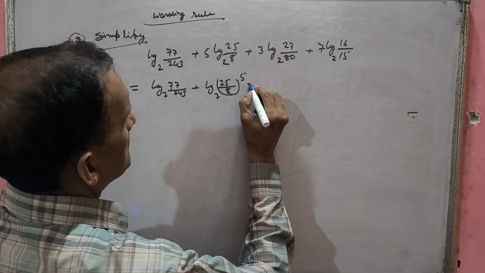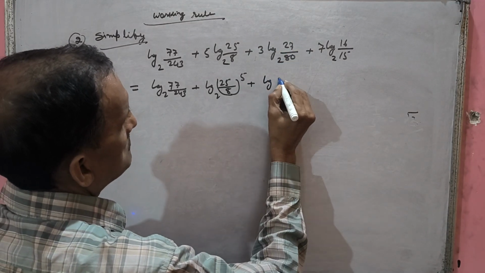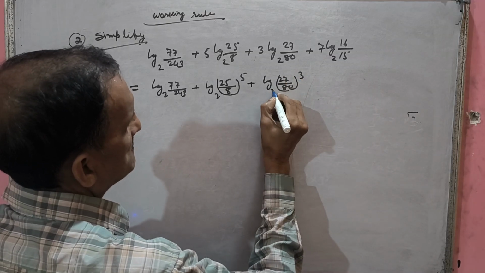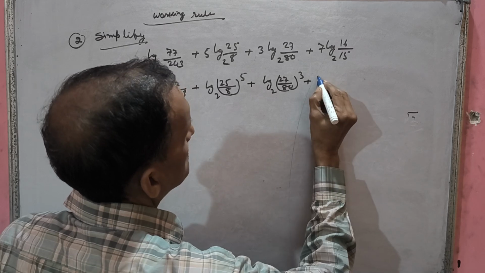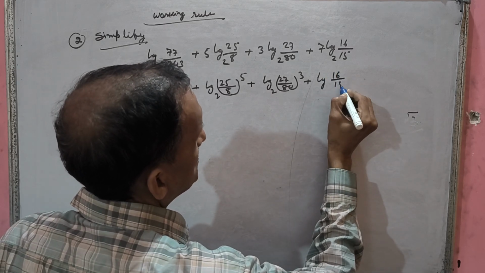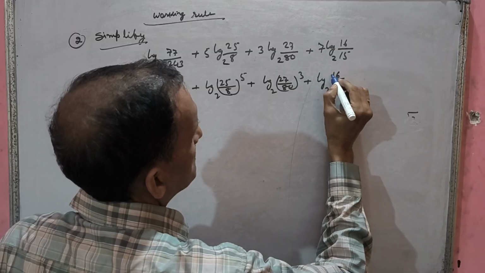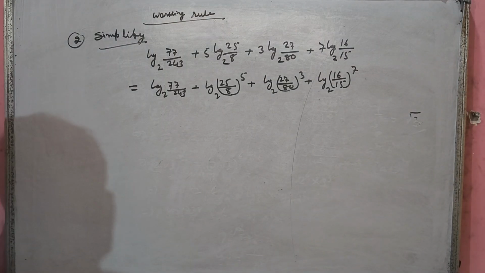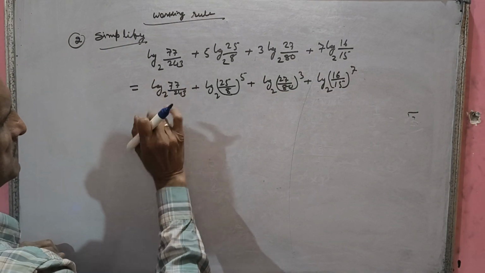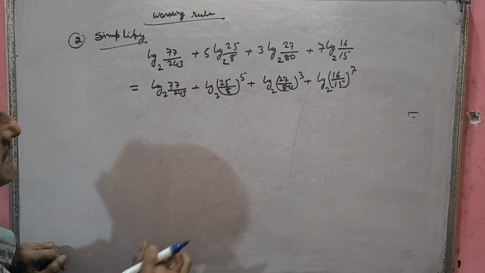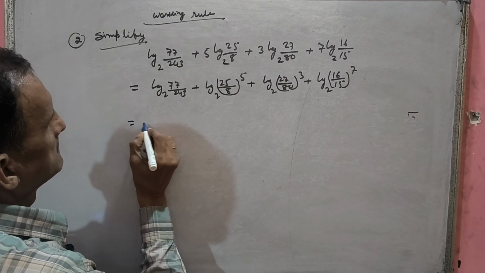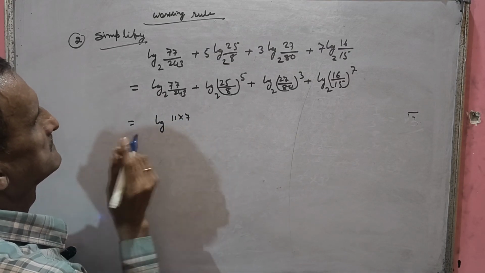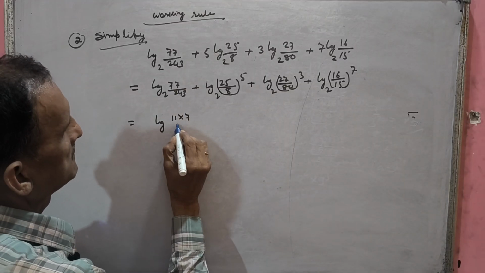Then you know this will come here: log of 27 by 80, whole to the power 3, and the base is given here, 2, plus log 16 by 15. This 7 will come here, power on both, whole 7. Okay, base. Now see, you are getting difficulty, so the base we may not write. You can remove the base. In the last you can add it. So this is what you will get: log 11 into 7. Understood? Convert to the prime only.